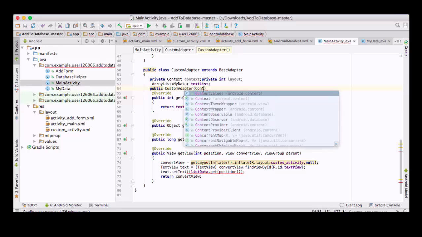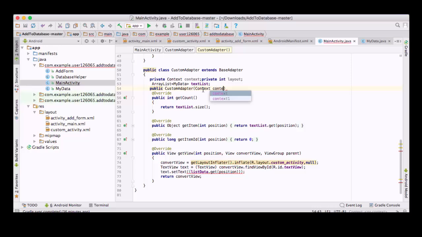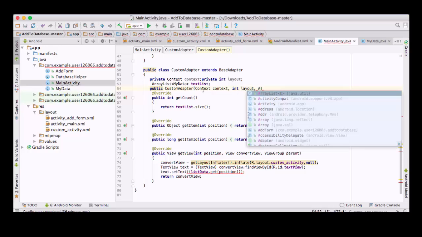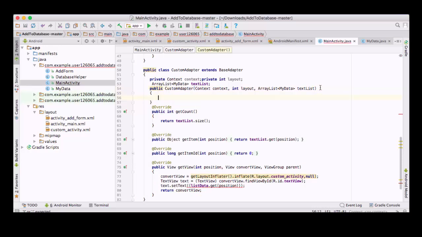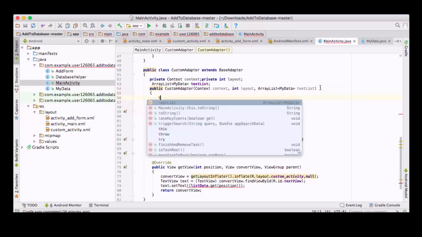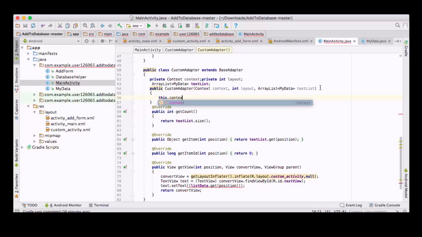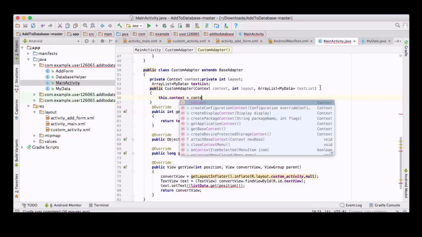So first would be the context, second would be the layout, and third would be our array list. And we are going to assign them this dot context equal to context,